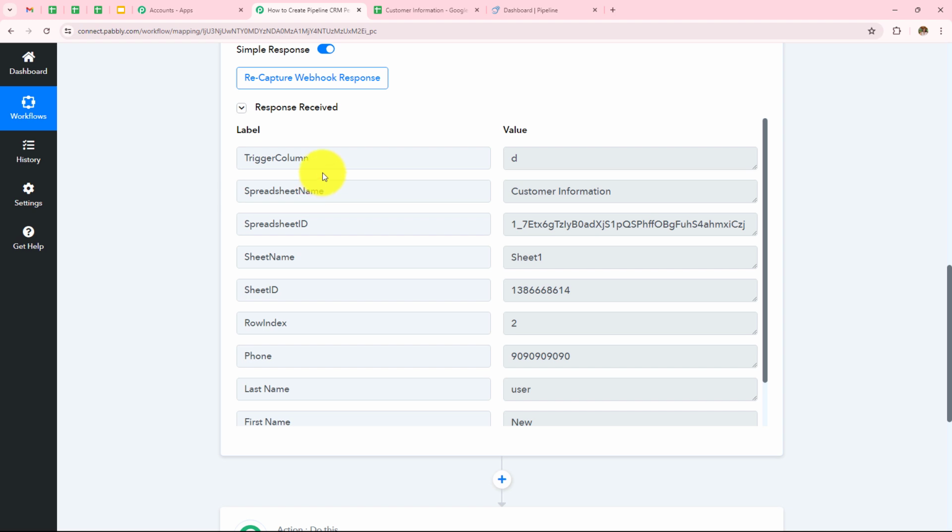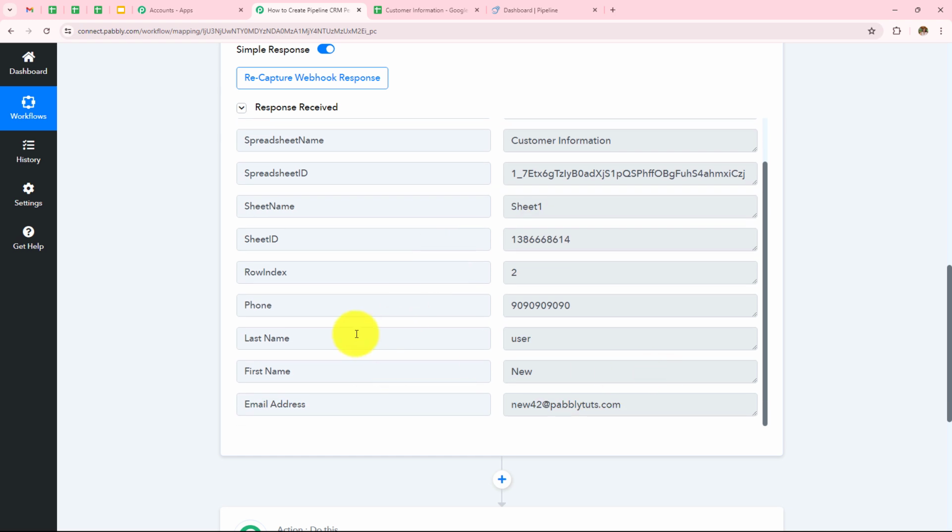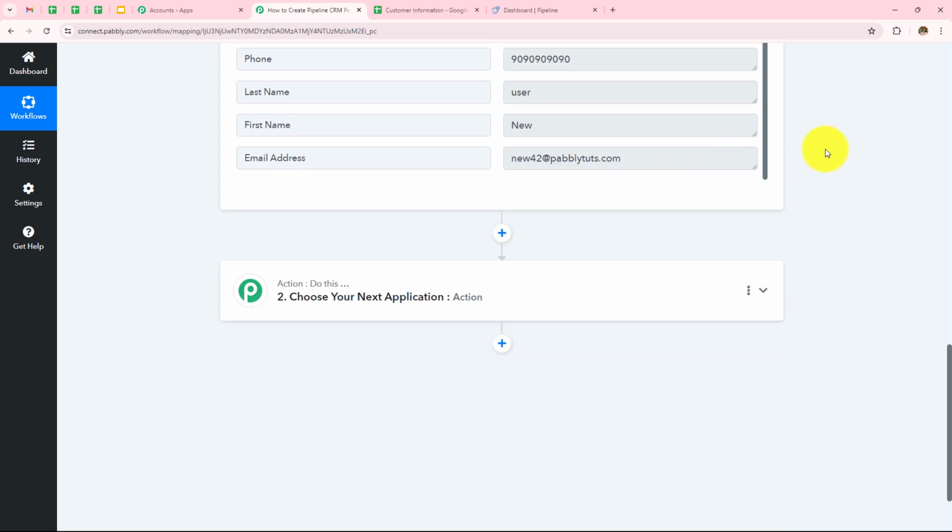Over here we can see we have captured the response. Trigger column was column D, spreadsheet name is customer information, first name was new, last name was user, phone number was this, and the email address is new42@pabblytudes.com. So we have connected Google Sheets with Pabbly Connect, and now we need to move to our next step,